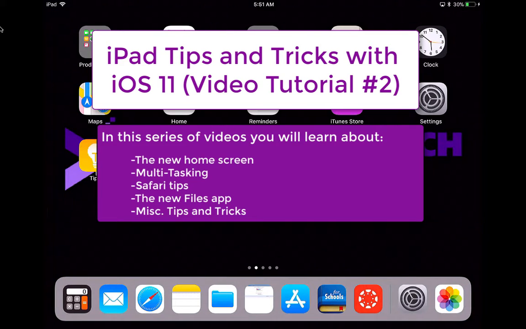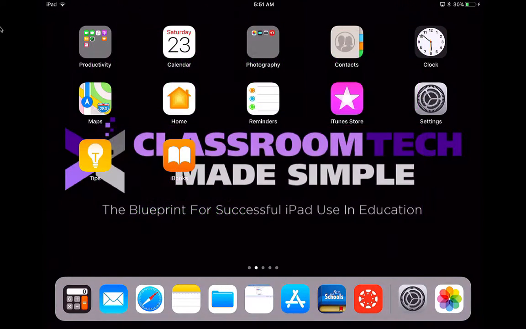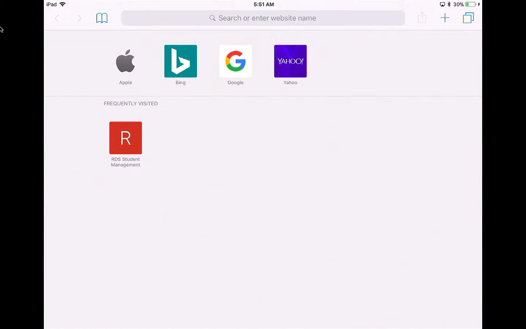Now, during this video, you're going to see a few different things that you may already know how to do, so just bear with me as we go through some of those basics before we dive into the newer features. Okay, so let's first start with Safari. That is your web browser, and I'm going to go ahead and open up Safari, and let's just start with